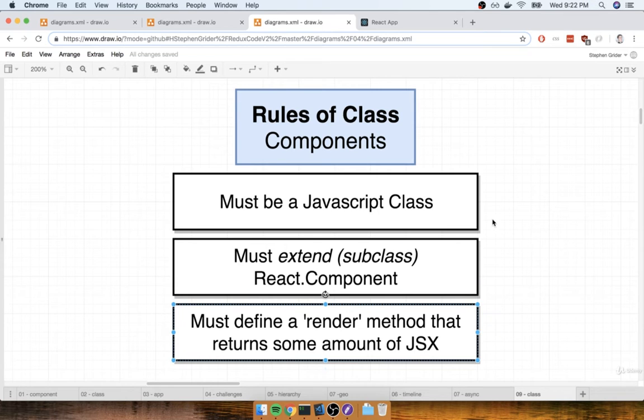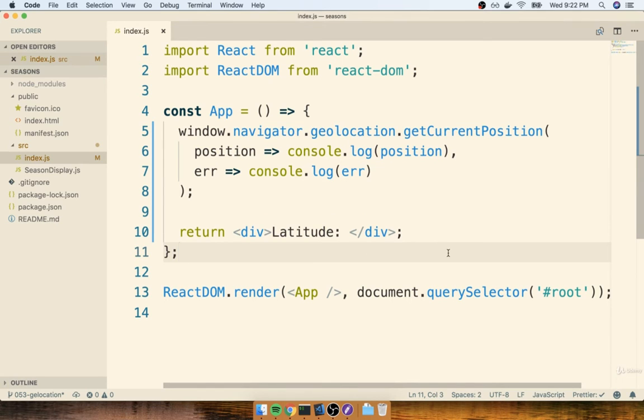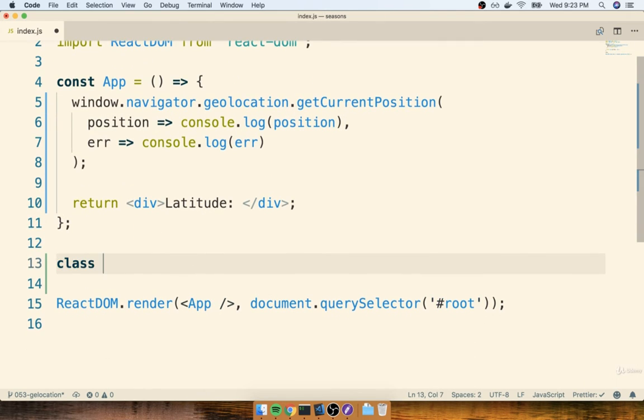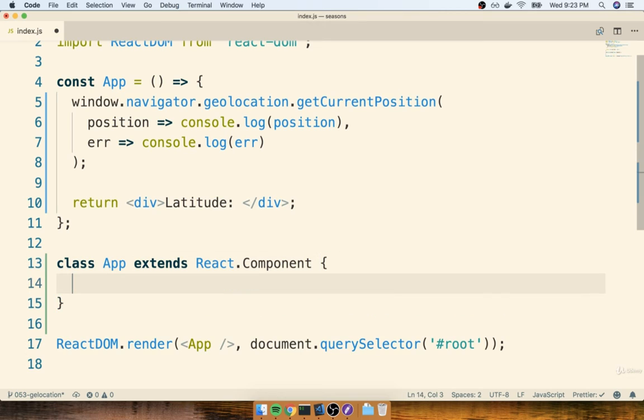All right, so with these rules in mind, let's flip back over to our editor and we're going to start to refactor this app component. Now to get started, I'm going to leave this functional component right here for right now so that we can easily refer back to it in just a moment and make some comparisons between the functional and class-based implementation of our app. Okay, so I'm going to give myself a couple lines down here, and then I'll say class App extends. Notice how there's an S on here, it's not just extend, React.Component.